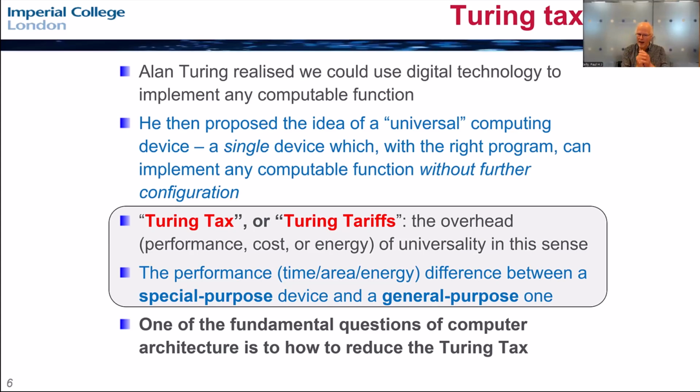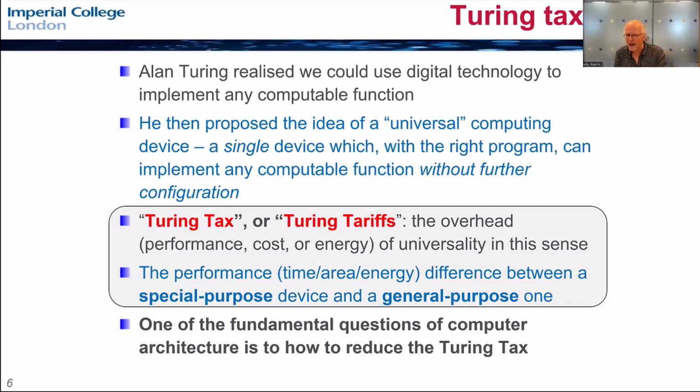Imagine that you've got a problem that you need to solve, and you have a general purpose computer that you can program to solve it. You might ask, well, how much better could I do in performance, in energy, for example, if I were to build a fully specialized application-specific integrated circuit for this problem? Now, this is not because that's a sensible thing to do. It's a thought experiment to ask yourself, where's the price being paid?